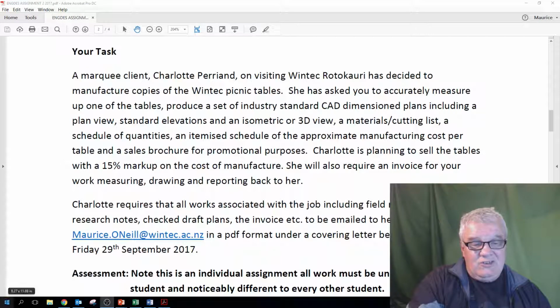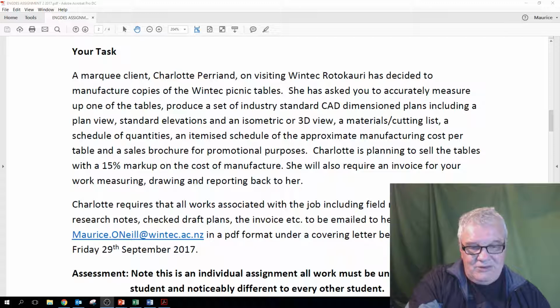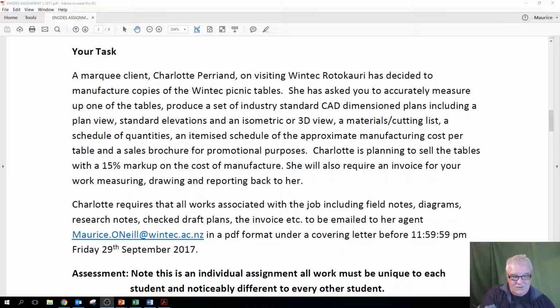So here's some detail around the client here, and the client is Charlotte Periand. Okay, so Charlotte has visited here, and she said she wants some copies of the tables. She wants us